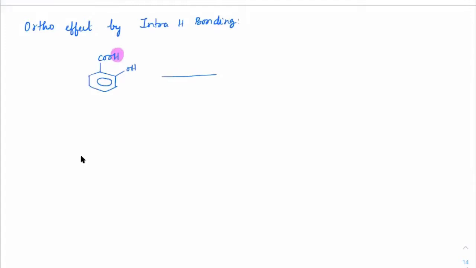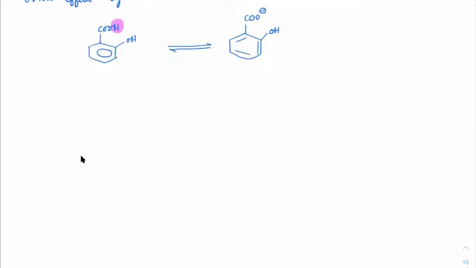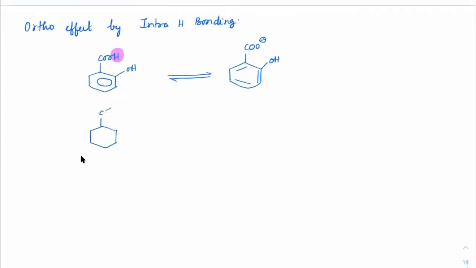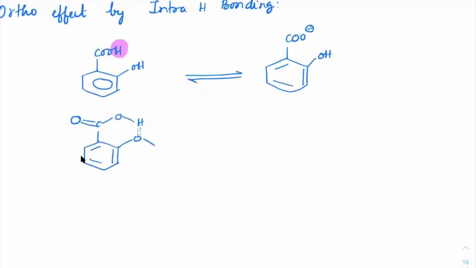So as it releases H plus, what conjugate base do we have? We will have conjugate base as COO minus and OH. Check out this, students. Initially also there is a hydrogen bonding existing here, which means C double bond O with OH, with oxygen and H. There is a hydrogen bonding existing here, right, everybody? Check out how the hydrogen bonding is. So this type of hydrogen bonding is originally there, but it is between a polarized oxygen and a polarized hydrogen.